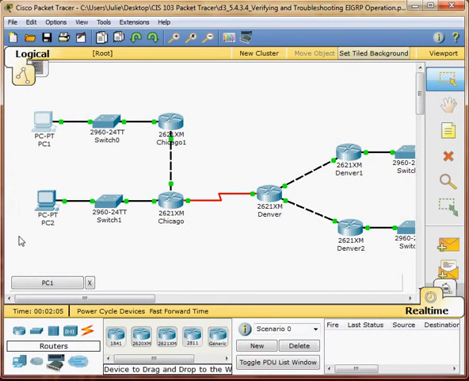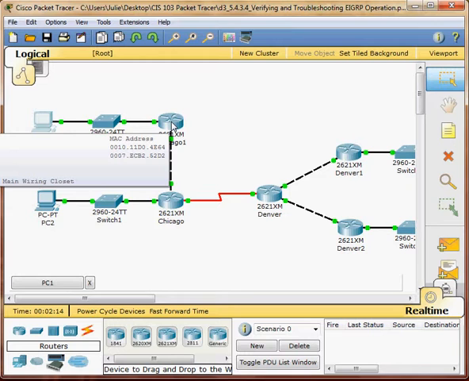To the path Ethernet 00 in Chicago 1 router, and 25.35.2.